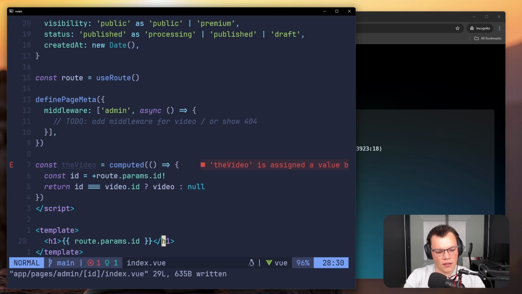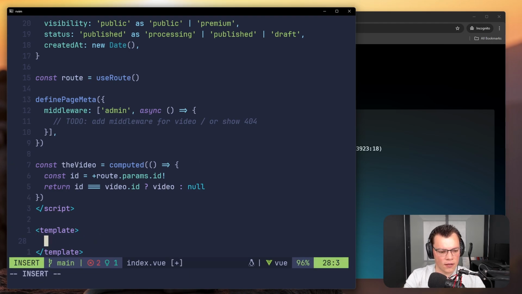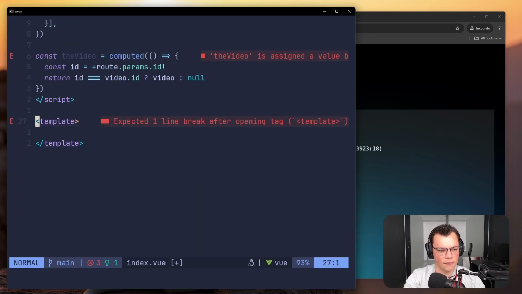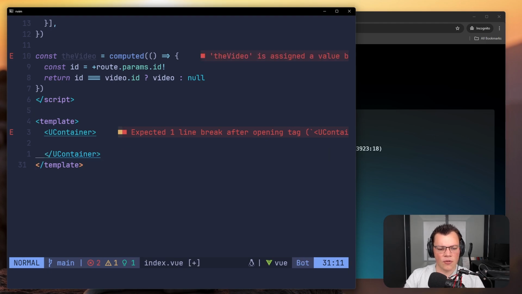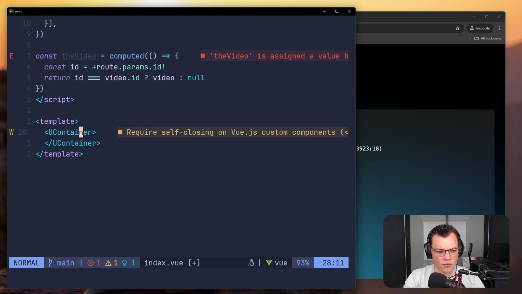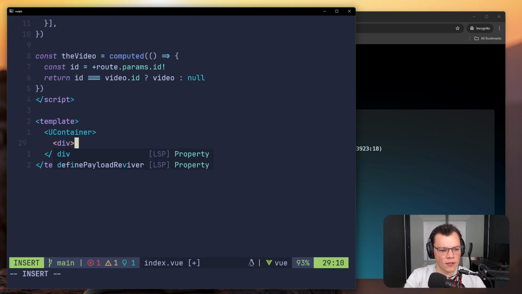And then in this thing, what we can do is create a container. So UContainer basically just wraps our stuff and squeezes it and puts it in the center. It's just a simpler way to do max width and mx-auto. And then I'll do a div over here